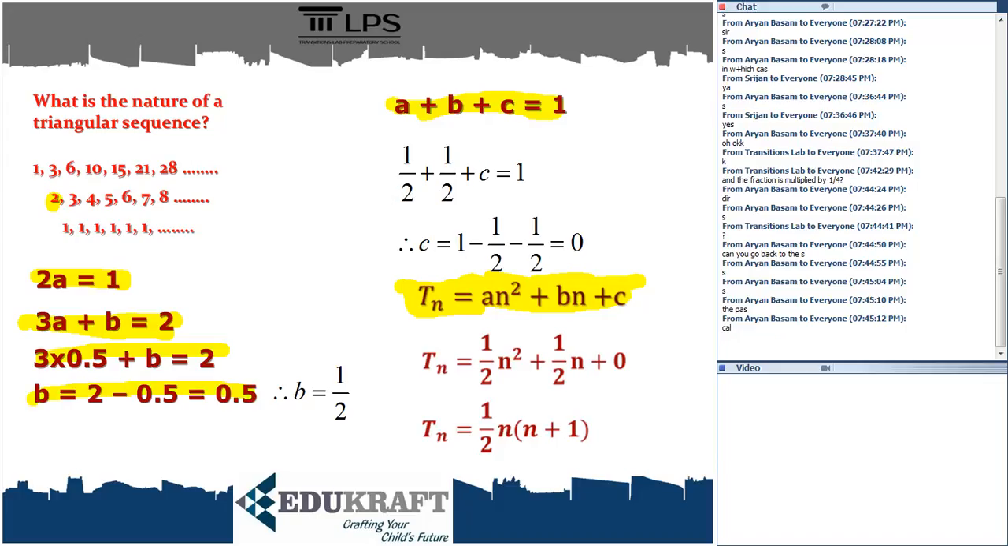Okay, and this one that I see here is actually this one. So we have three formulas here. 2a is equal to this one, 3a plus b, which is equal to 2, and then we have a plus b plus c, which is equal to 1. So there are three main formulas that will help me get the coefficient values, which is a, b, and c. Once I have a, b, and c,